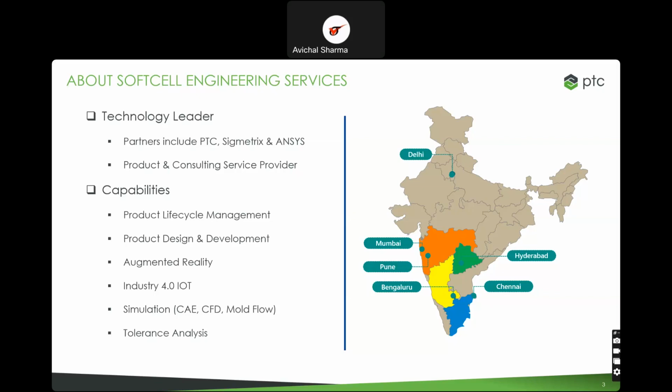So CAD obviously is for the product design development. PLM is for the product lifecycle management for the complete life of the product, starting from requirements all the way to the end of life of the product. And then augmented reality is through the Vuforia platform, where we are helping customers with augmented reality-based experiences for marketing and service use cases. Then IoT through ThingWorx platform for smart products and smart manufacturing. So these are the four